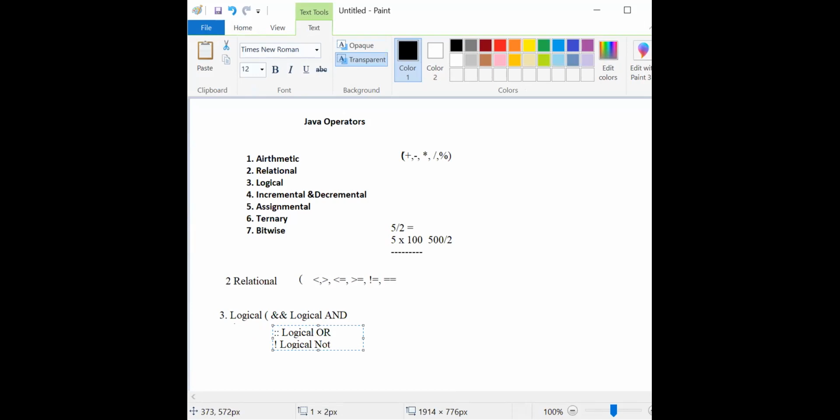Okay, so the logical operators are used with true or false values. That is the purpose for using these logical operators. Only one type of output can be displayed. And the fourth one is the